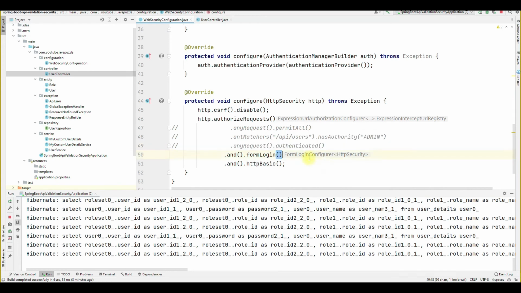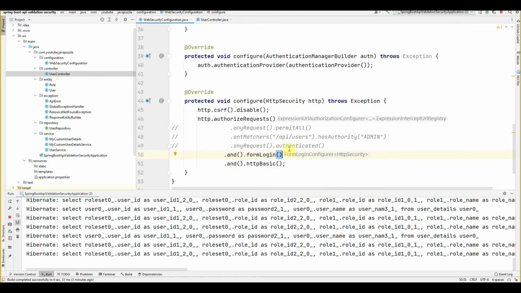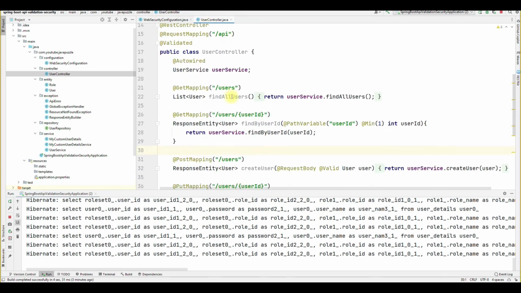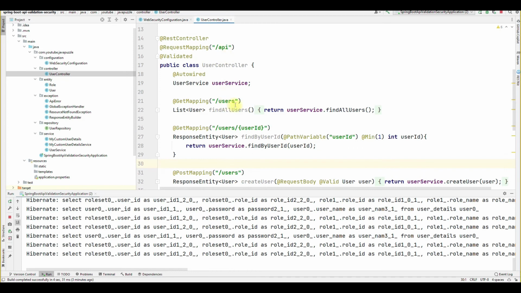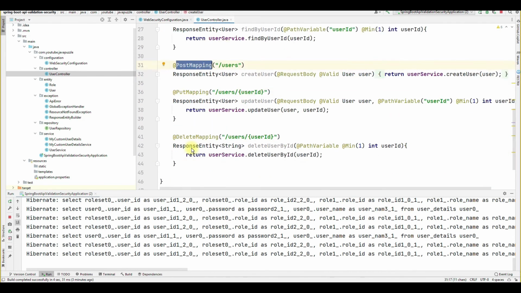Okay, and inside the controller, one more thing I want to show you before moving ahead. In the controller you will see API/user, which is a get mapping. Then there is another API, /API/user, which is also a post mapping, right?